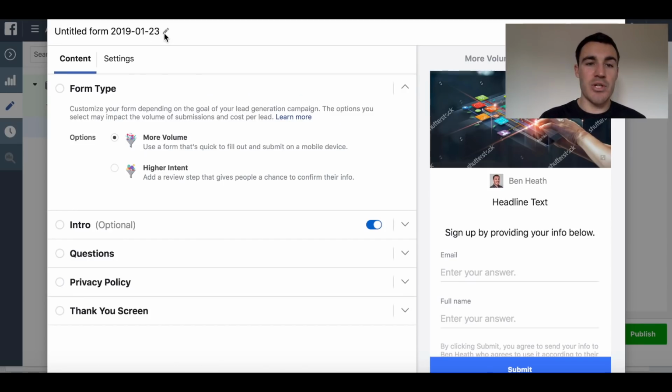Okay, so first thing you want to do is give your form a name. So I could just call this example lead form for now. It probably doesn't matter that much, but if you've got an ad account with tons of lead forms, you're going to want to make sure that you differentiate between the lead forms so it's not confusing later on down the line. So the next thing you need to decide is, what do you want from this lead